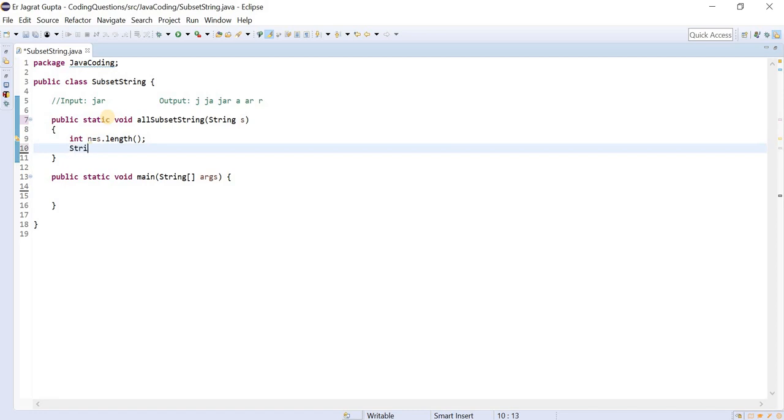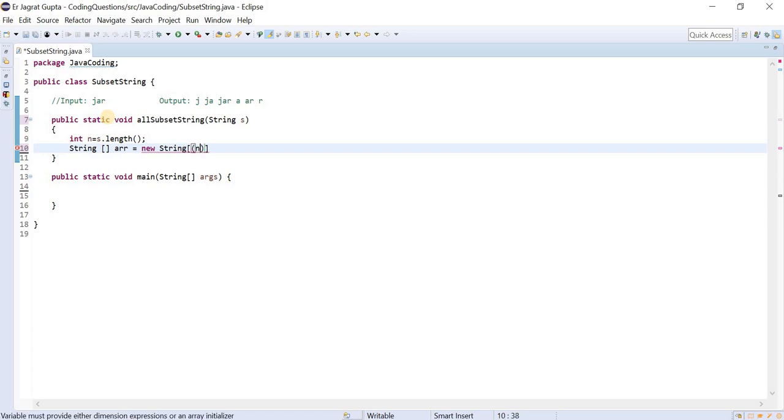And what is the purpose of extracting this length? As I already told you, we will create a string array. So how can we create the array? It would be like this, and what is the length of this array? As I told you, n multiplied by n plus 1 by 2.